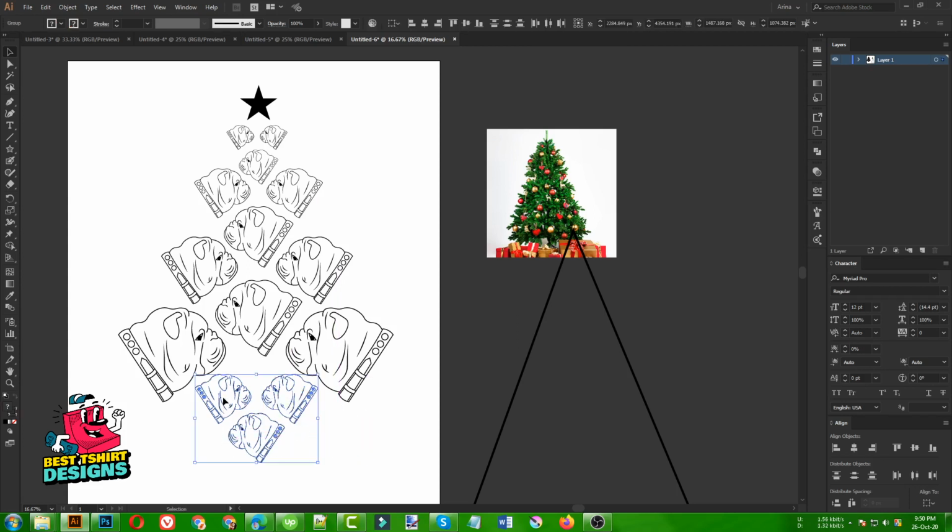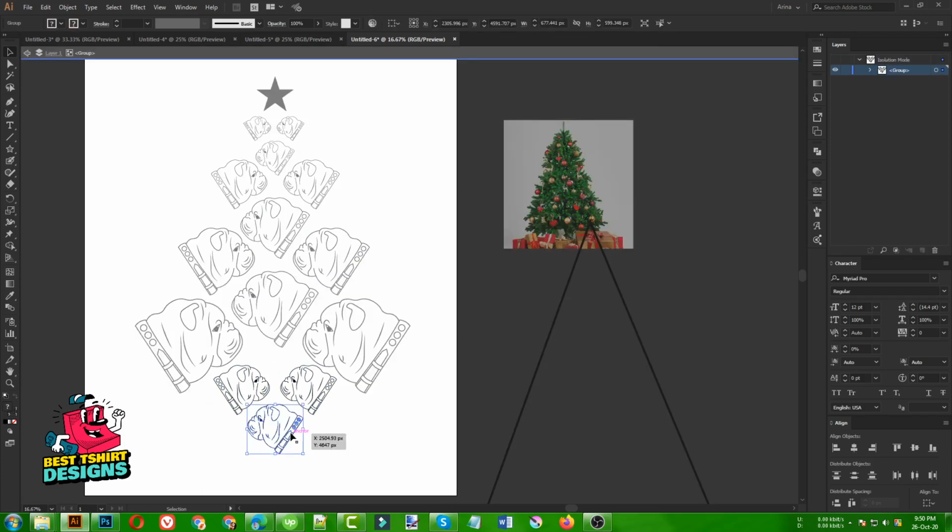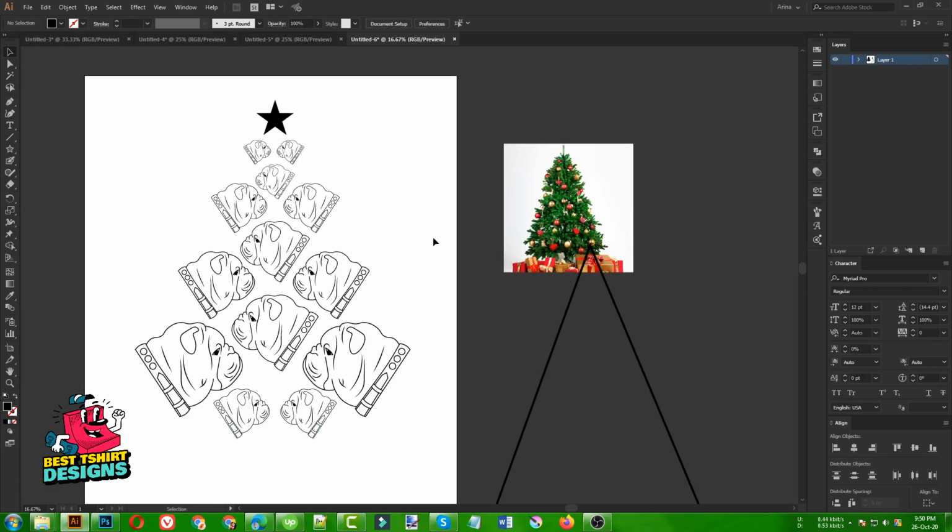So let's make these three a group, so that I don't lose their position. Then maybe again select these shapes like this, center align them. That is good for me. This is what the final Christmas tree is going to be for me. Okay, I don't need this smaller part. I will add some text there. So this part is done.